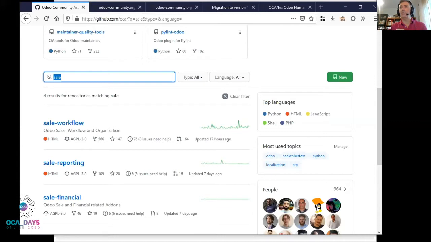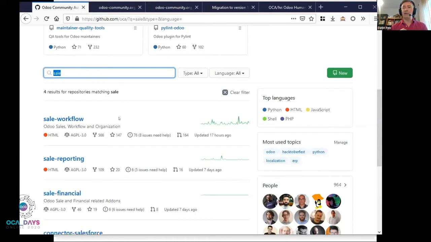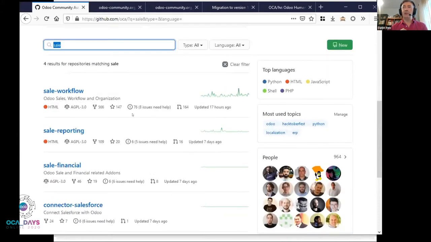So I have a model for this and that. What would be the best place to add it? If you don't get it right, don't worry. I myself have proposed models to one place, and then a discussion came up and we agreed that it was better in another place. Like recently, we created a module to hide the invoice list from the customer portal, and we proposed it to, I believe, account invoicing, and someone pointed out, actually,